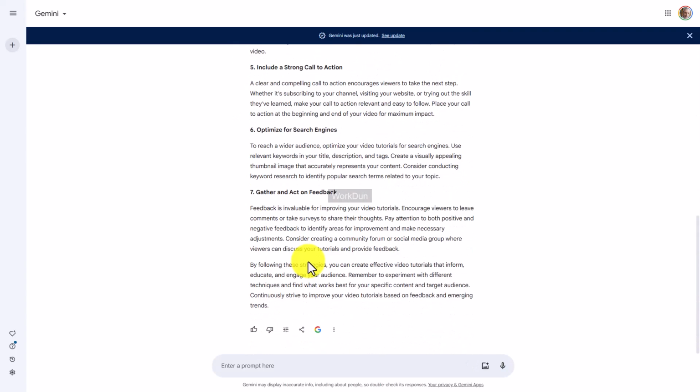So you can use the tools inside of Gemini without having to use a prompt in order to manage the